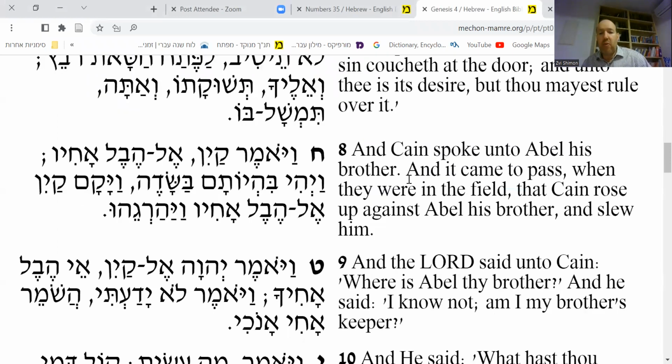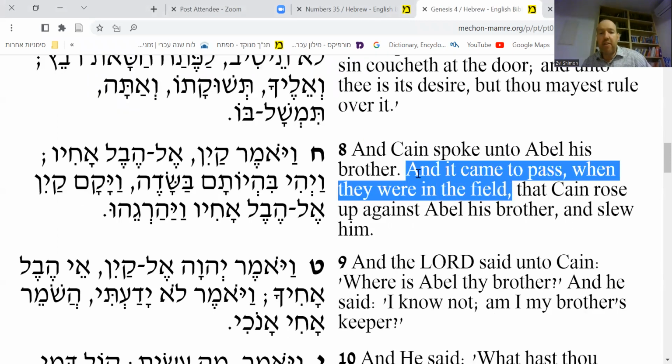And it came to pass when they were in the field. So Nachmanides says, what is, and Cain spoke unto Abel? You should understand it is as if Cain called Abel. He was in the field and he called him. He's kind of calling him to come to the field. And then when he's in the field, he killed him, which would be very close to what was written in